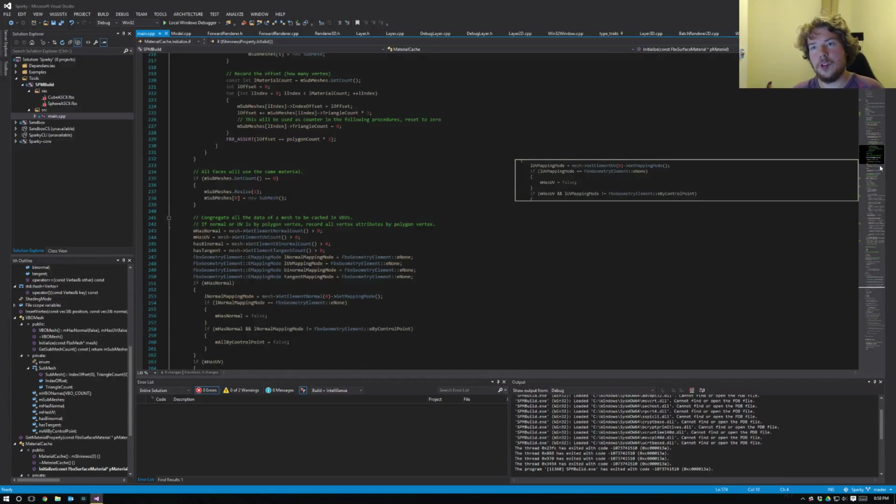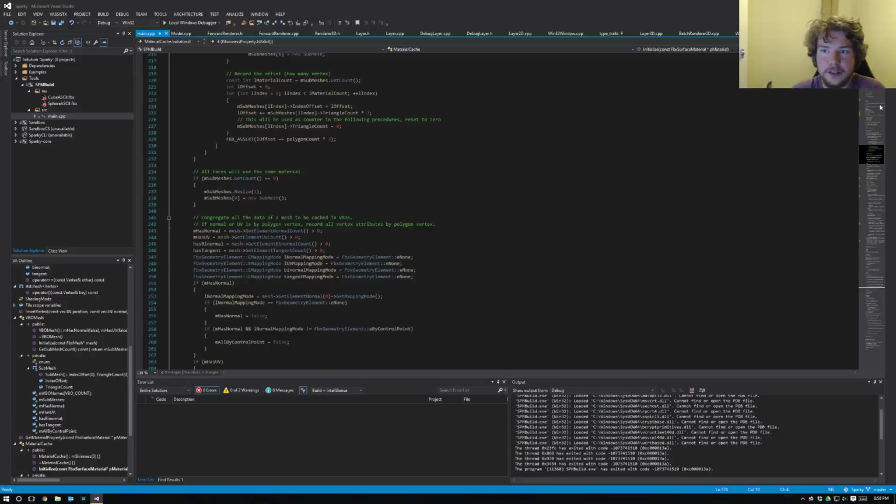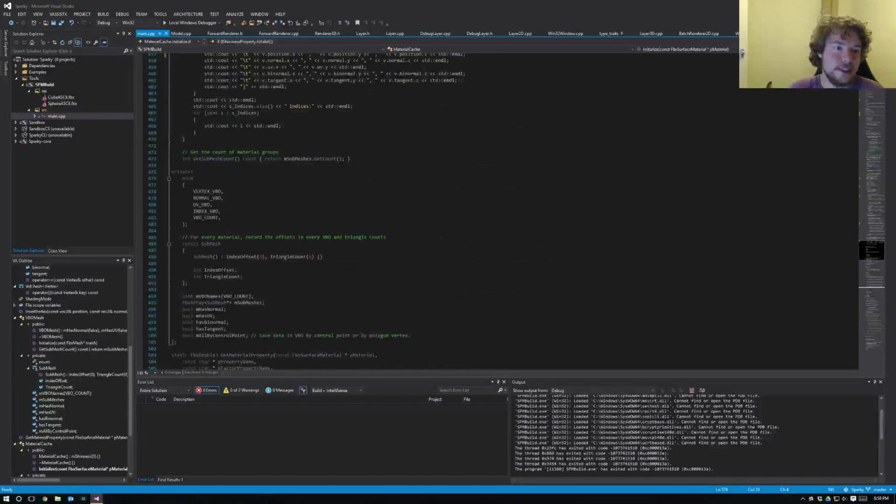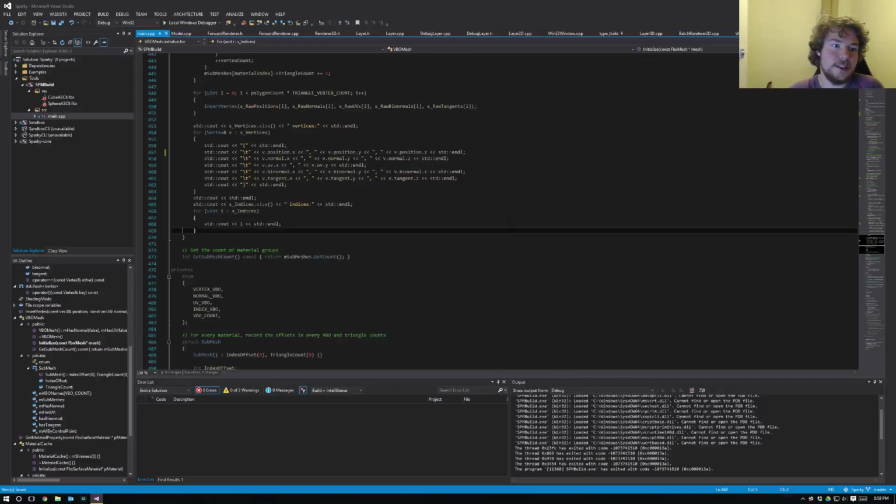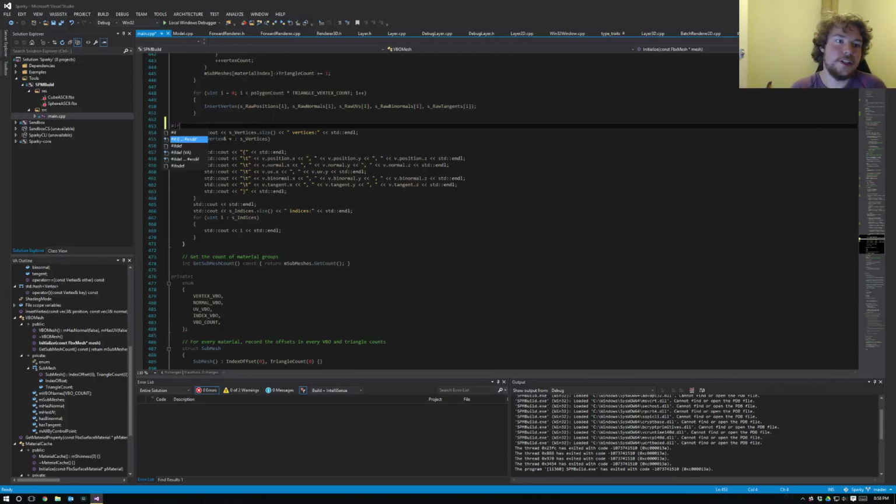Obviously in the future you would want your model to have materials, so that the mesh's material properties and the texture links and all of that stuff that it references will also be in the file, but I don't care about that now. So yeah, as I was saying, the cool thing is, if we look at this, and this is us printing,